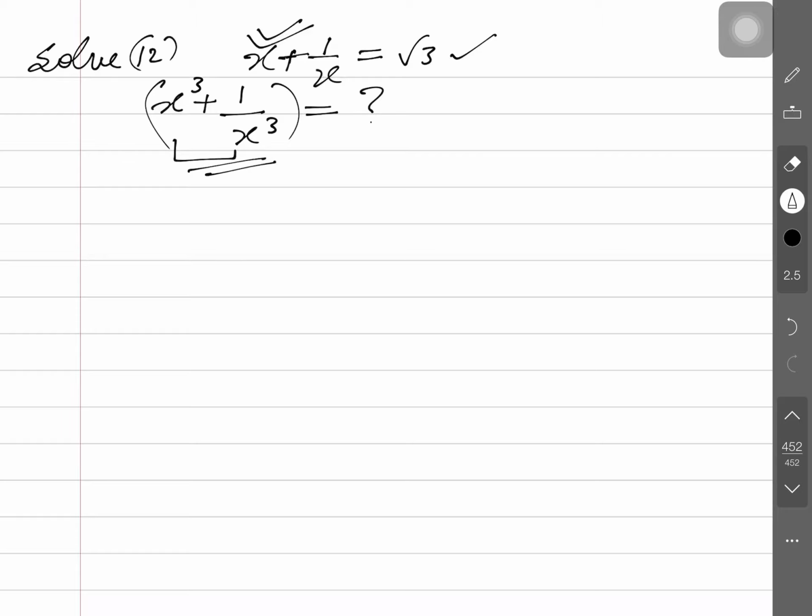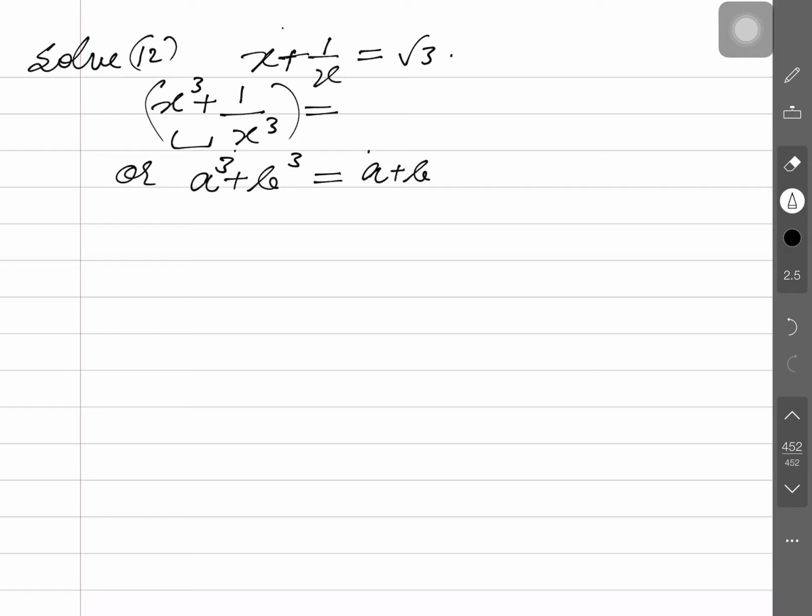The value given to you is x plus 1 by x. So, again I will ask you to see if you are getting any pattern that you have solved in previous classes. Everybody speak here. Yes sir, what pattern am I getting here? So, identity you just know, it is a cube plus b cube. This type of pattern is the first term cube and second term cube, and it is a plus b times a square minus ab plus b square. But here the a plus b is given. So, this can also be simplified.